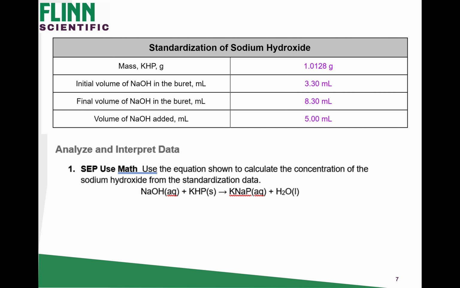All right, so part of what you have in this is some data. One page in OneNote, one of the documents on Moodle, is just your lab data. You're going to want to open that up and fill in the actual lab sheet with that data so that you have all the data in one place and you're not constantly flipping back and forth between the two pages. So the first thing you do is you use your equation to calculate the concentration of sodium hydroxide